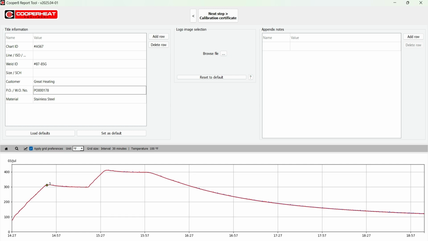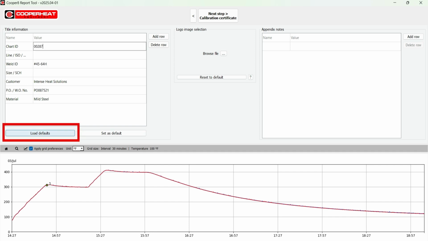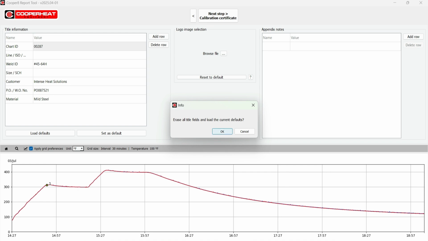You can save your title information setup as a default setup by clicking on the Set as Default button when you have a layout that you like. Here, I'm going to change some information in the table. Then, when I click the Load Defaults button, the table layout that I had saved before will load and replace